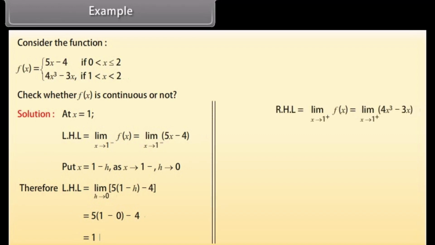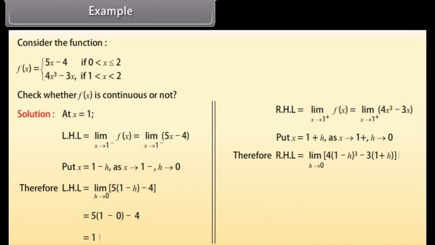Right-hand limit = limit x approaches 1⁺ f(x) = limit x approaches 1⁺ of 4x³ − 3x. Put x = 1 + h, as x approaches 1, h approaches 0. Therefore, right-hand limit = limit h approaches 0 of 4(1 + h)³ − 3(1 + h) = 4(1 + 0)³ − 3(1 + 0) =